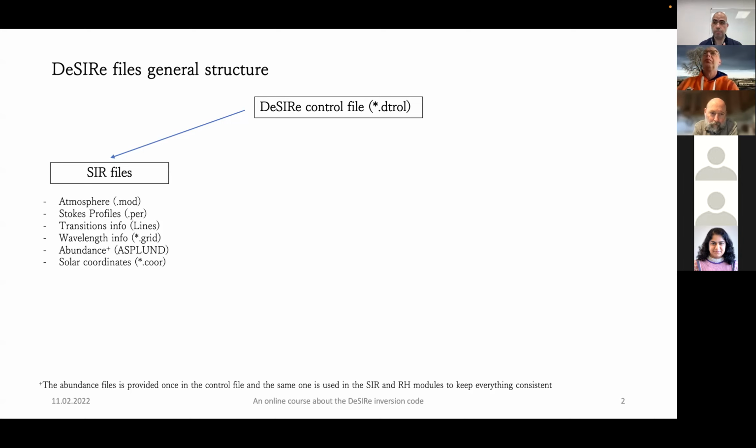Also, we provide the information of the spectral range we are going to cover with the code and the spectral sampling in the grid file, which is the same again as in DeSIRe. Then we provide the abundance file in the same format as DeSIRe. And we also have a new file called solar coordinates. I think it was also available in DeSIRe. Here we just provide the position on disk of our observation, and then the code can read it. I add here a plus, and later on I will emphasize this. But the idea is that